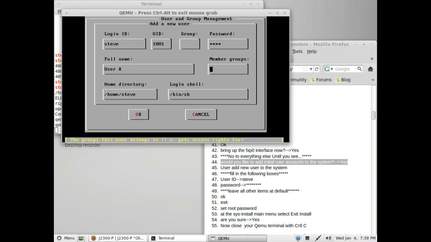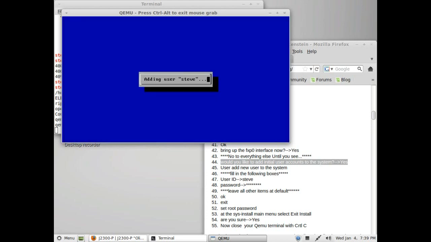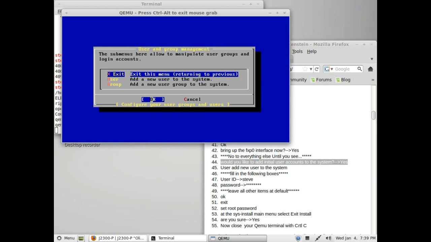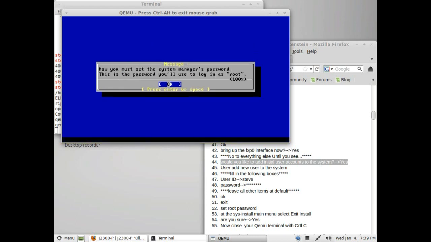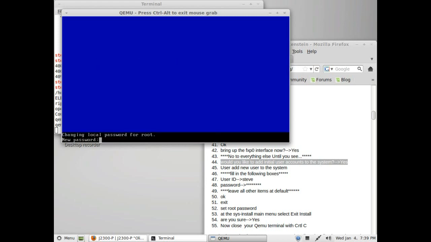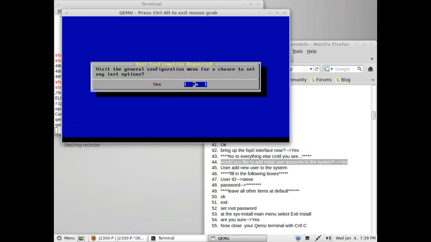And then tab all the way down to OK. Go ahead and exit. Hit OK. Let's put our root password in. So this will be our root login, user's root, and this password. The one we created for was our